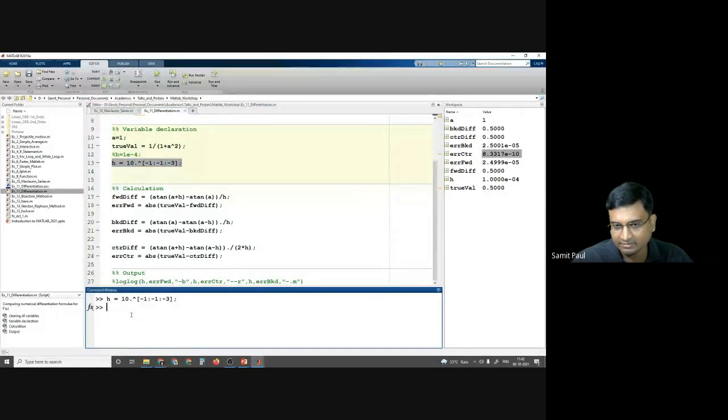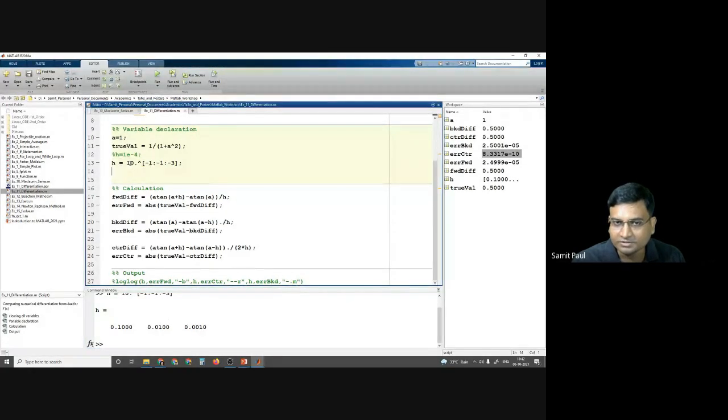test, what we see, uncomment it. This is the array that we want to create. The first element is 0.1, then the calculation will be done for 0.01, then 0.001. Okay. And for all those, the forward difference formula will also be an array, because h is an array. If we add a, that's an array. Tan inverse of an array is also an array.